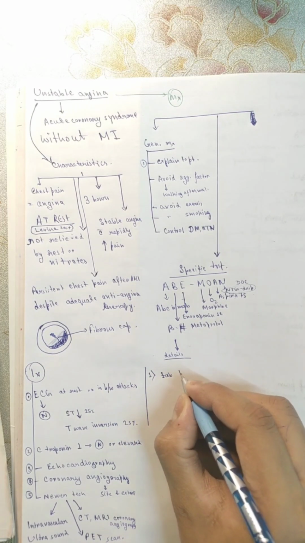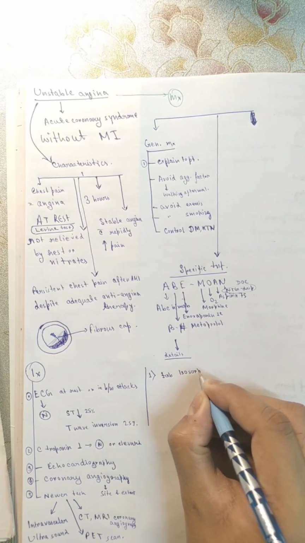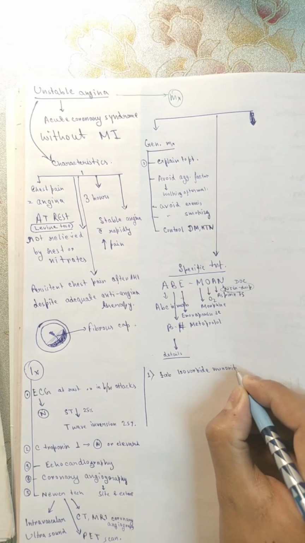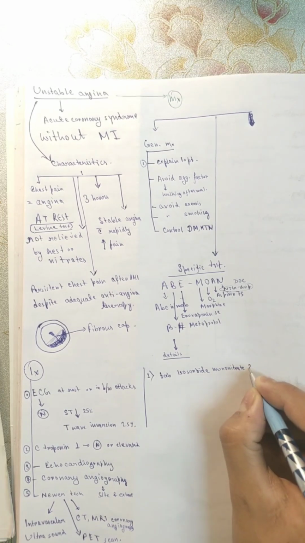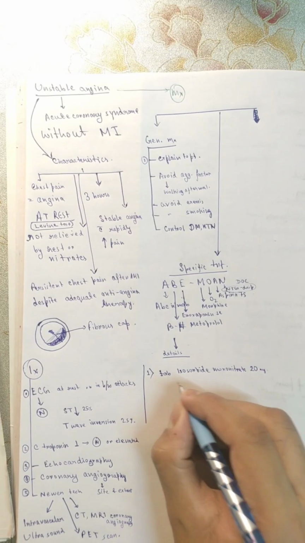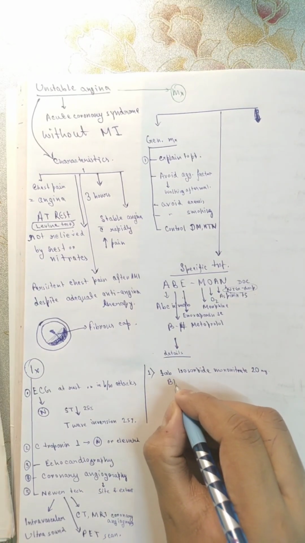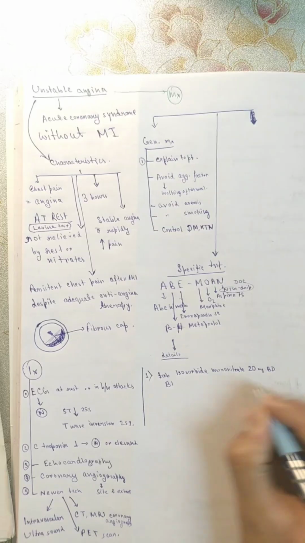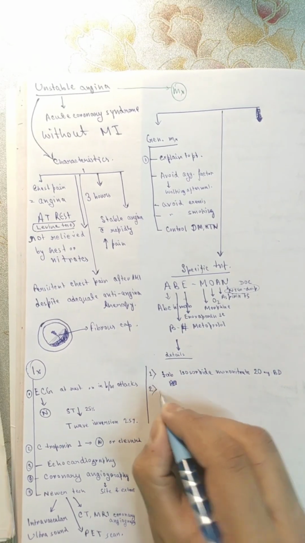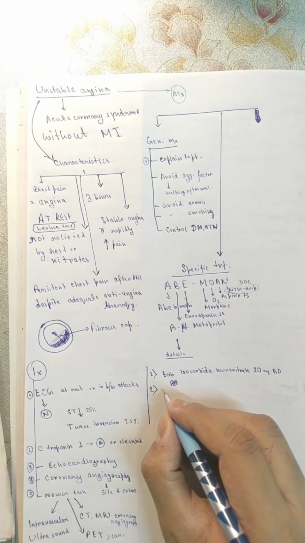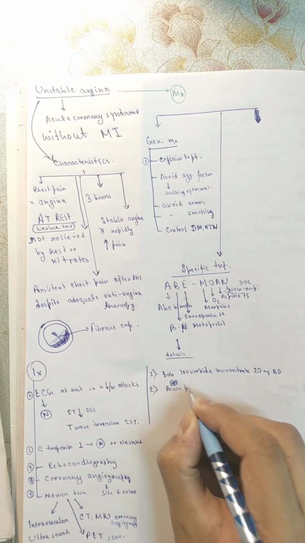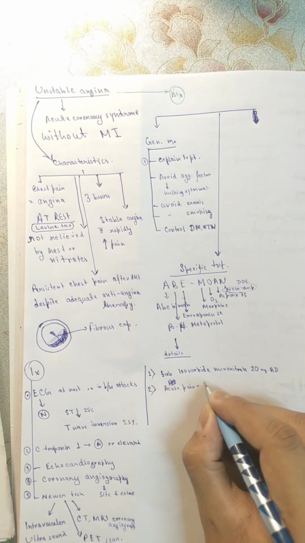Tablet isosorbide mononitrate 20 milligram, obviously 1 BD, one in morning and evening. Next is for acute pain, sublingual